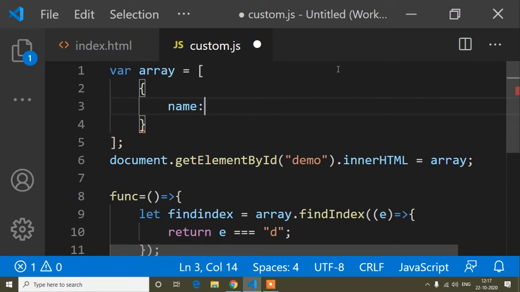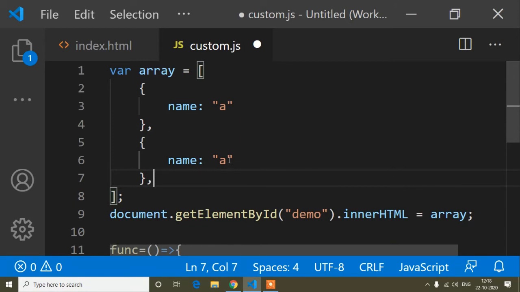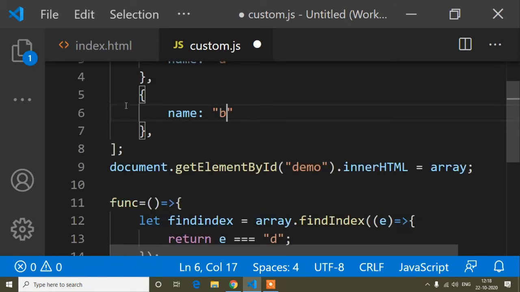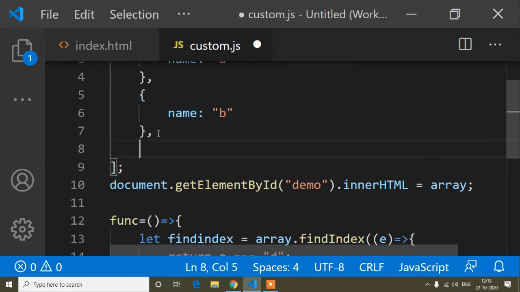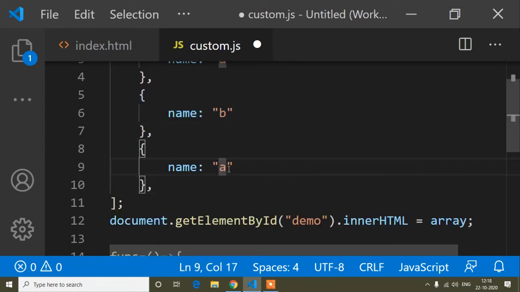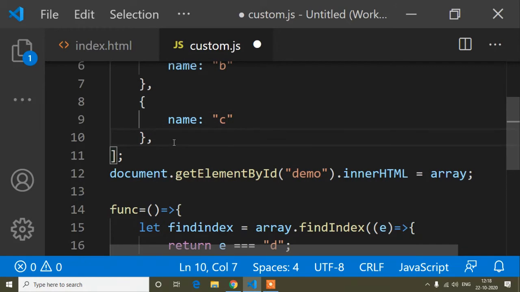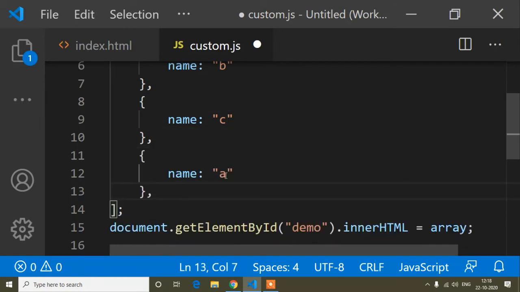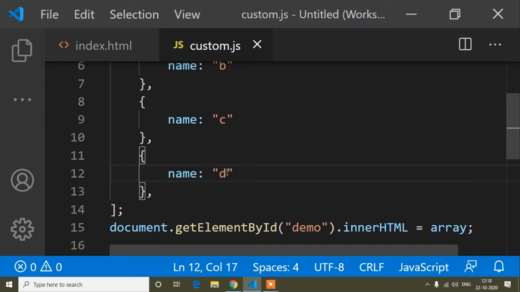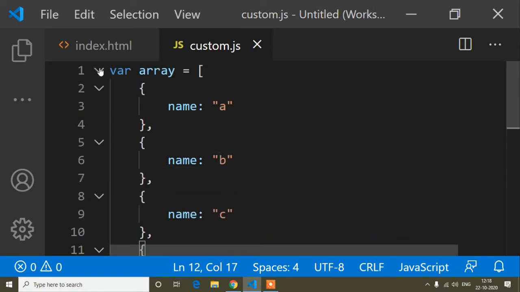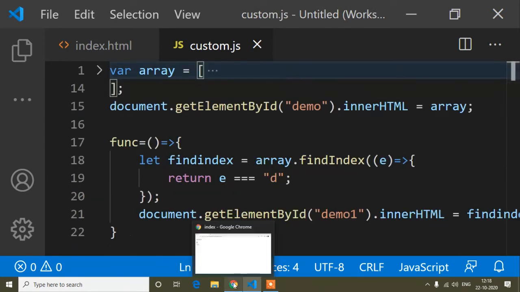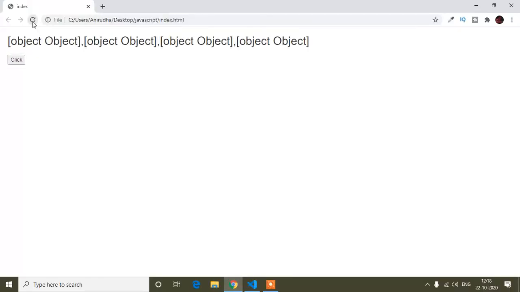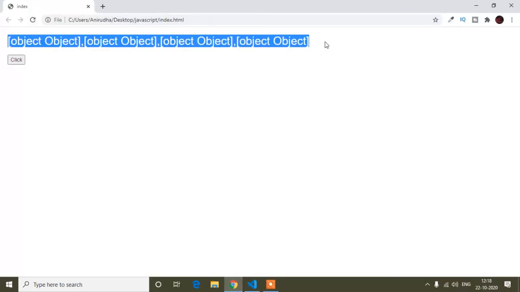This is the object property, and suppose if I write name, first name is A, comma, and I will copy this object and here I will paste, and the second name is B, the third name I will change here C, and again the name I will change here D.